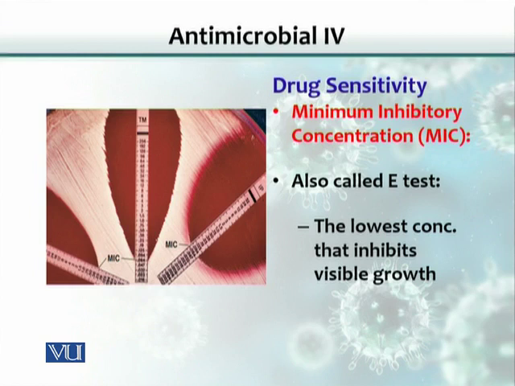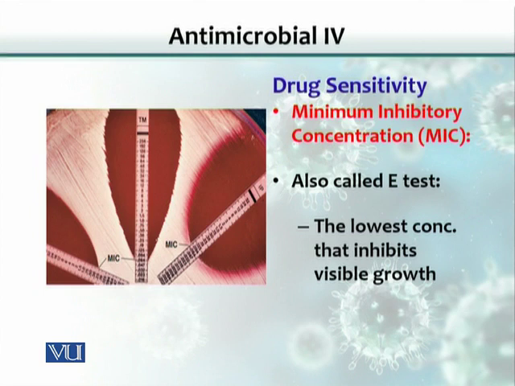On one end of the strip is a low concentration of the antibiotic, and as you go upward, the concentration increases. As the concentration of the antibiotic increases, so does the zone of inhibition. So the minimal inhibitory concentration can be read from the strip, where you see that at that concentration the zone of inhibition starts appearing. This gives the physician an idea of how much concentration of the antibiotic should be given,